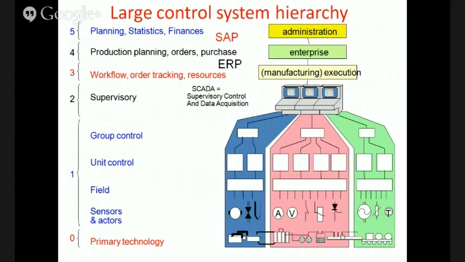Then the first level comes, where you have sensors, actuators, field control, unit control and group control. Up to group control is the first level control. What devices do you use? You have sensors, actuators, and field control, unit control and group control. Above that, you have supervisory control, which is known as SCADA, supervisory control and data acquisition. We have this supervisory control here, so you control